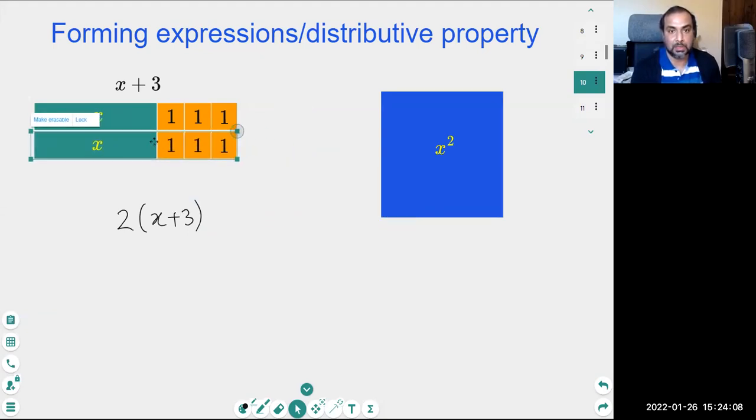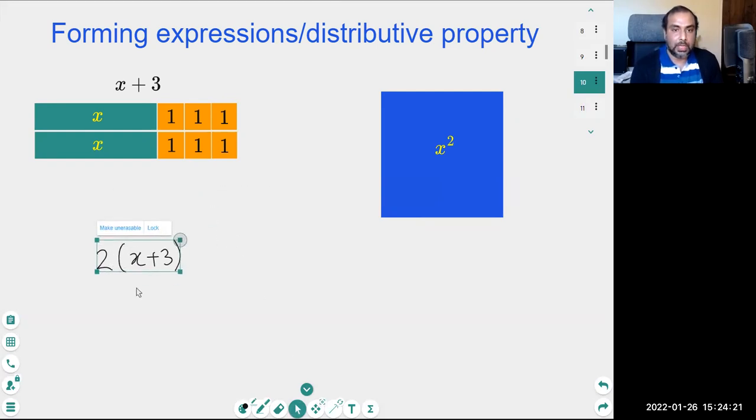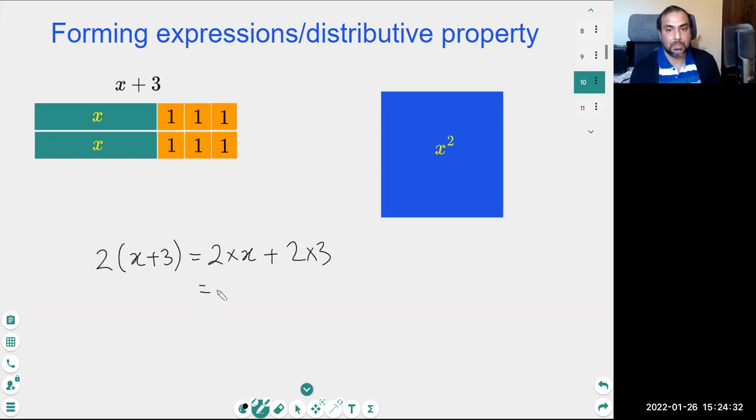Mathematically, I made a multiple. So if this was x plus 3, this is 2 copies of the whole lot. X plus 3, this is 2 copies of x plus 3. So I've made the expression 2x plus 3. So in maths, if we go the other way around, we would call this multiplying out. So 2 times x plus 3 is really 2 multiples of x plus 2 multiples of 3, which is 2x plus 2 times 3 is 6. What this is mathematically, it's one of the field axioms. It's called the distributive property of multiplication over addition, which sounds a lot more complicated than it is,